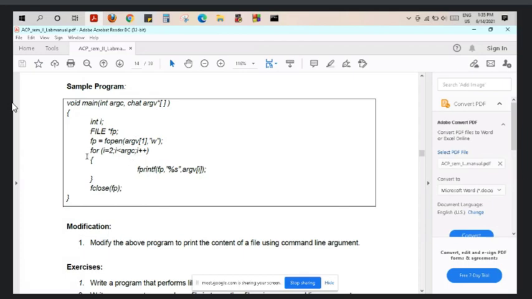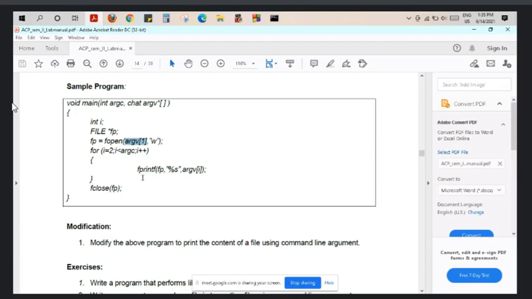And so the second string, actually the string at first place, first element, will be written in the file.